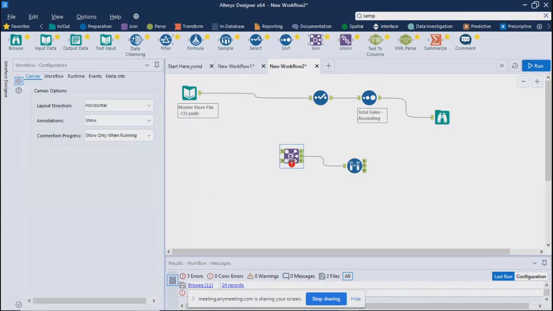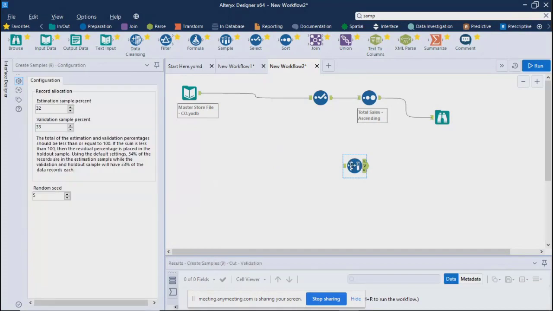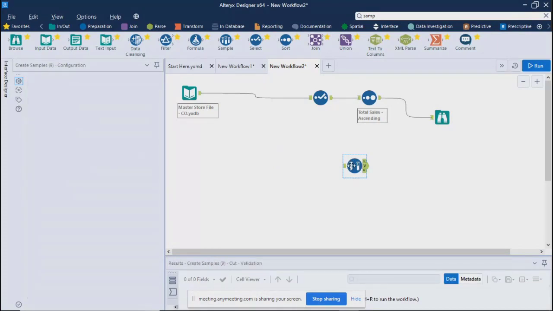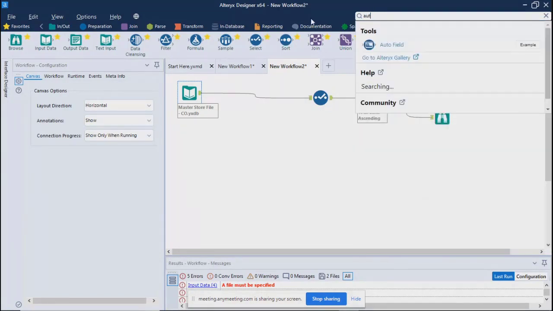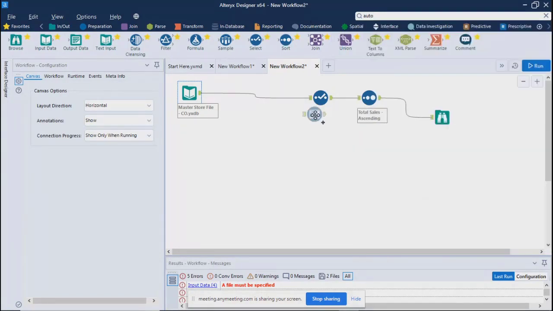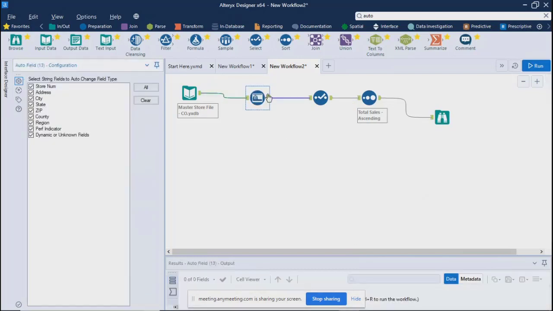No, no. The difference between the auto field tool and the select tool is that the auto field tool doesn't let you change anything. It automatically changes, right? Whatever Alteryx understands, it automatically changes those data types. You will not be able to change anything.